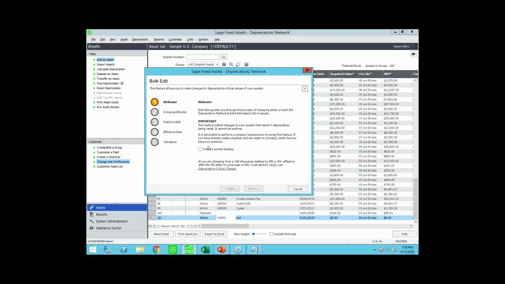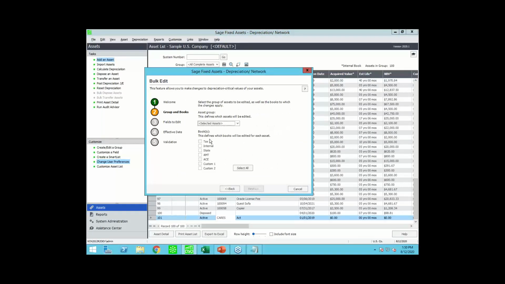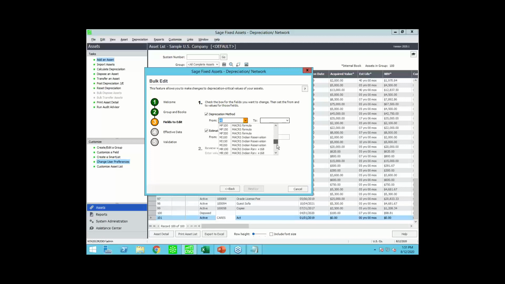This was not a feature until the 2020 version. You can see it always is going to prompt for a backup. Say I just want to change in my internal book, and we'll do all assets. I'll back out before I complete that, but I just want to show you, you can change either depreciation method and or estimated life, and it'll take, say, all of them that are currently set at straight line,